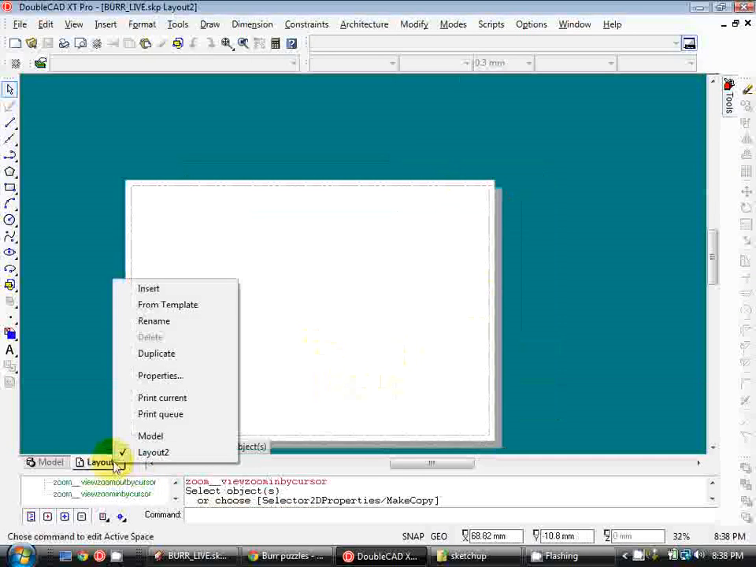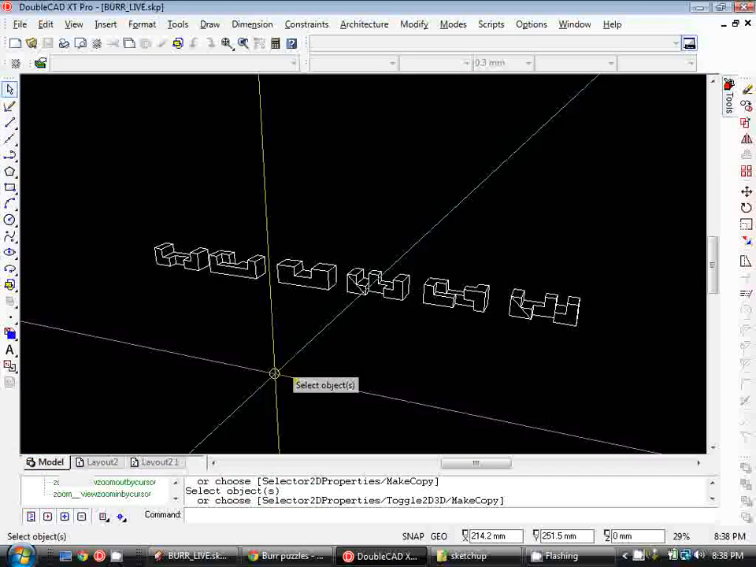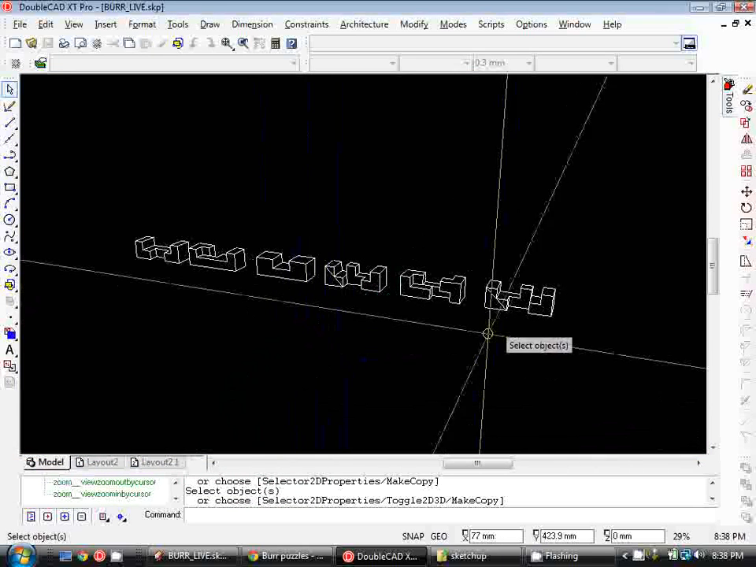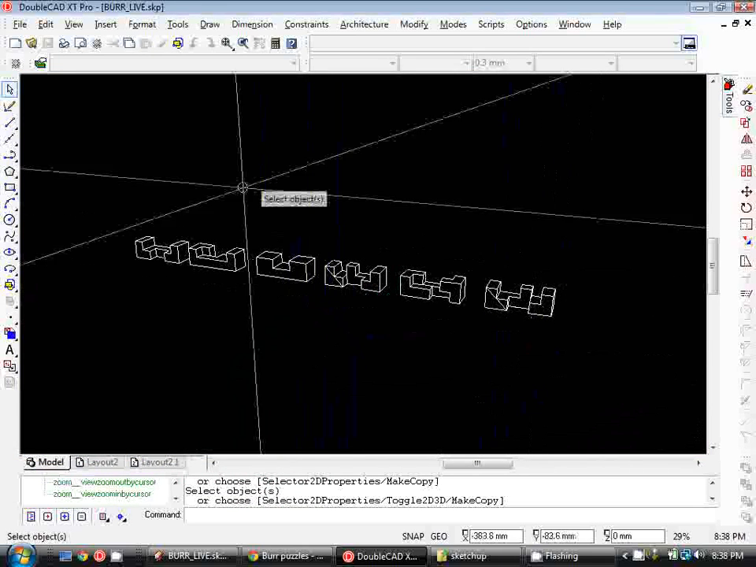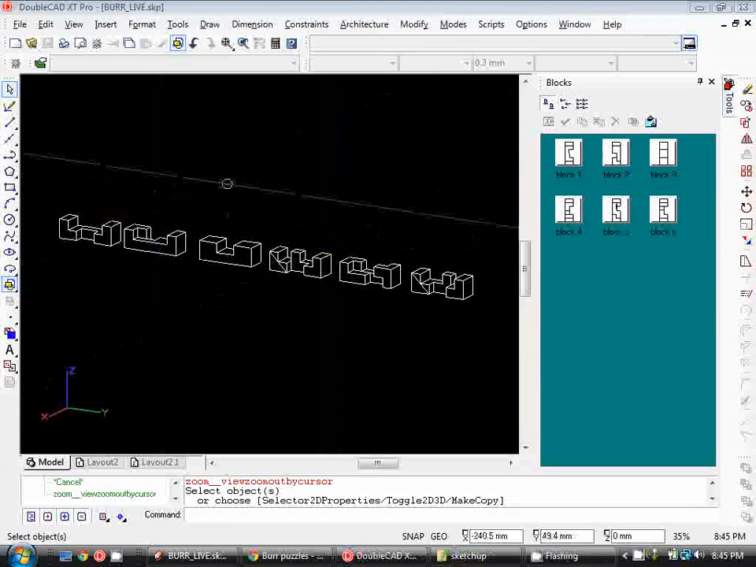I'm going to right click on this layout tab and hit duplicate. Now go back into model space. What we're going to do next is set up these blocks to have the correct line weight when they're set up in paper space. Now I've gone through for each of these blocks and set the line weight to be